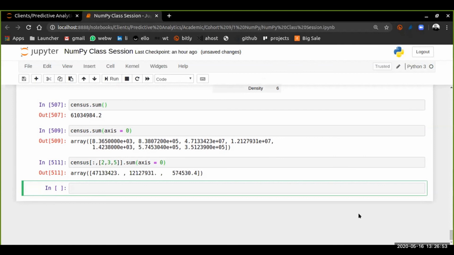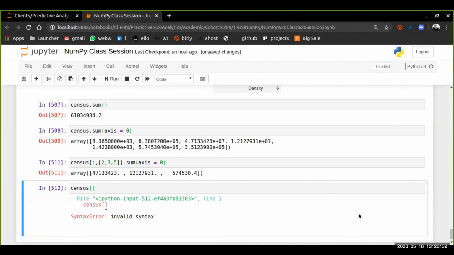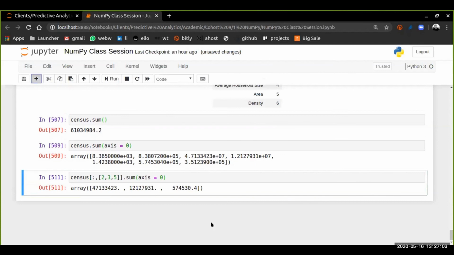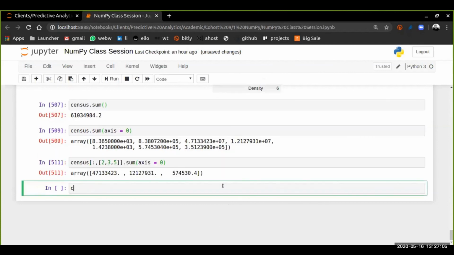Again, Boolean selection. So we have our table, sensors, the empty brackets, sorry, that's not what I meant to do. Yes. So sensors, we put in our empty brackets in there,